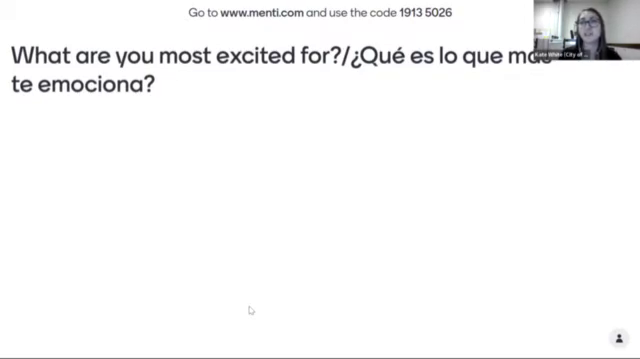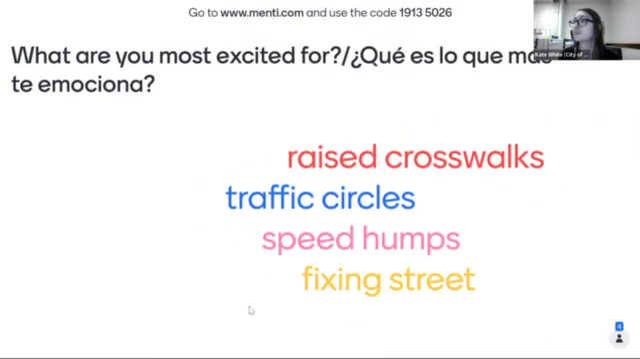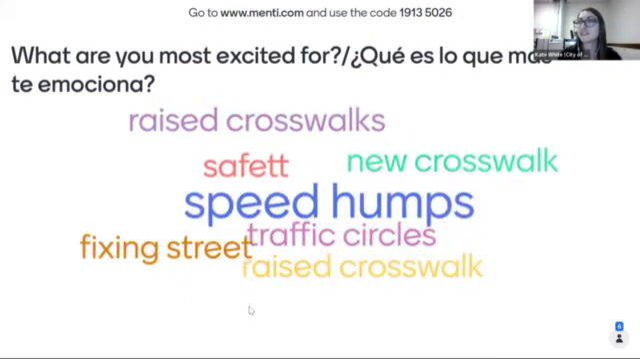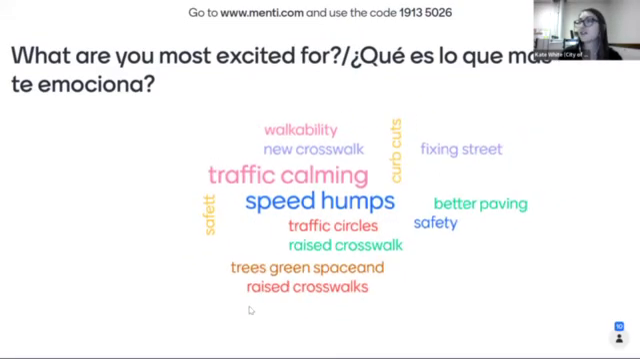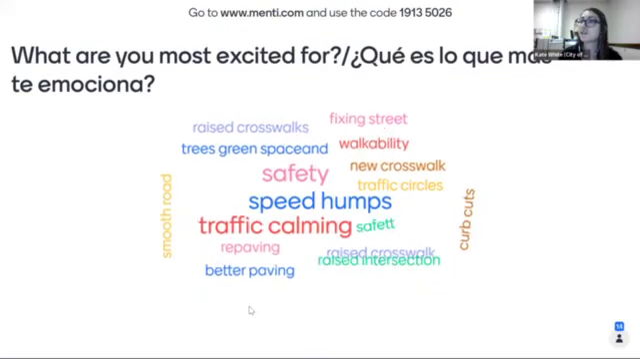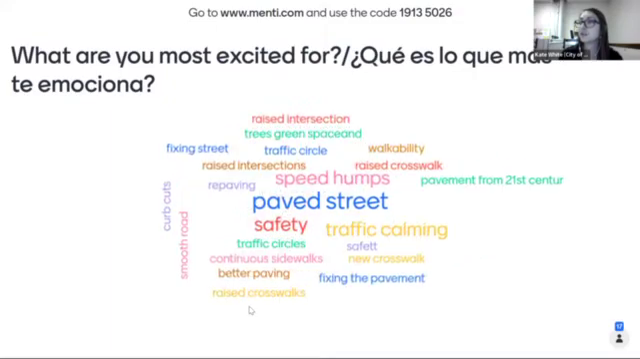So you can input this in and it'll appear as a word cloud, and I'll share back some of the things we're seeing on the screen. So first we're hearing people are excited about speed humps, raised crosswalks, traffic circles, fixing the street. Speed humps is increasing. People are sharing that they're interested in traffic calming, repaving and better paving, safety and raised intersections,